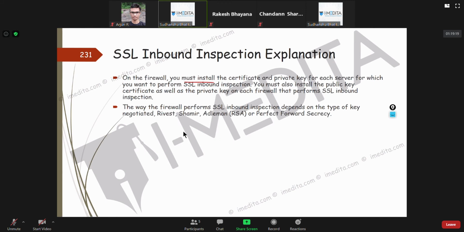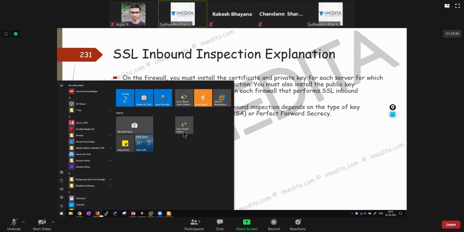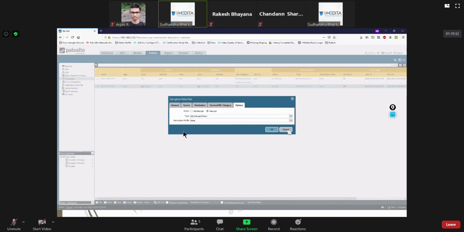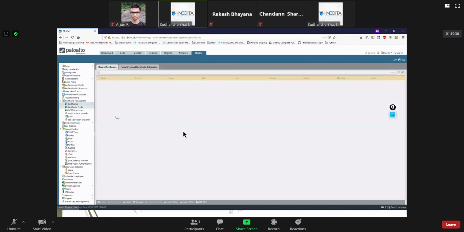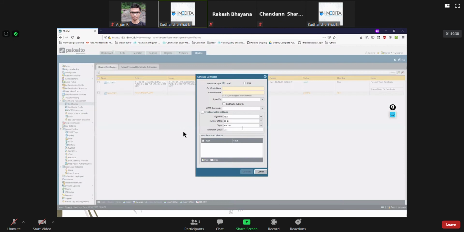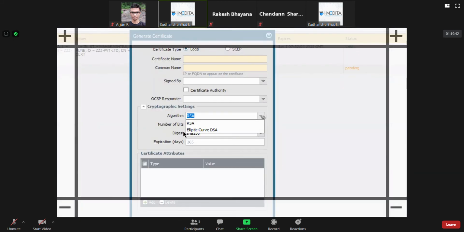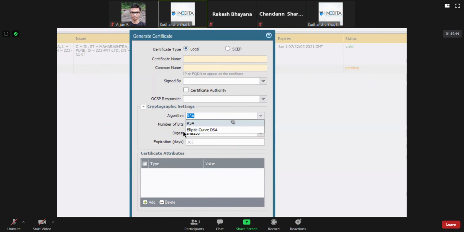Now, SSL inbound inspection also depends on the type of key negotiated. There are different methods. If you go here, this is the RSA algorithm.